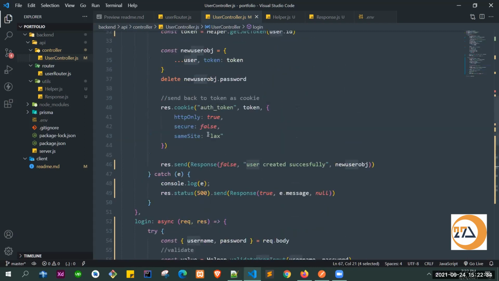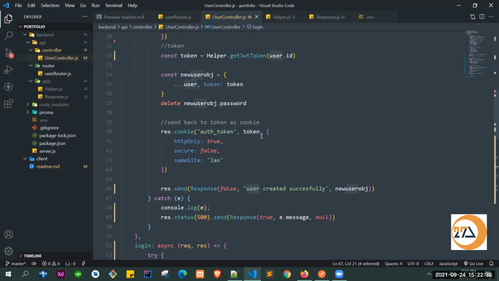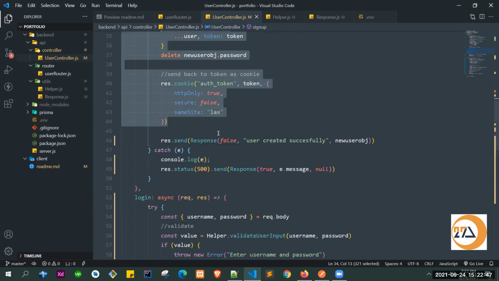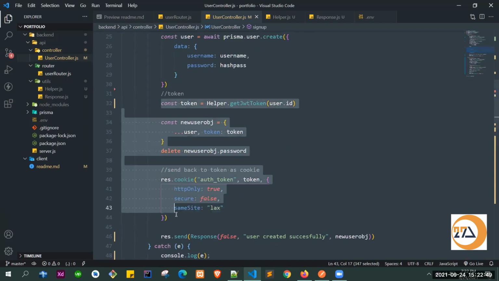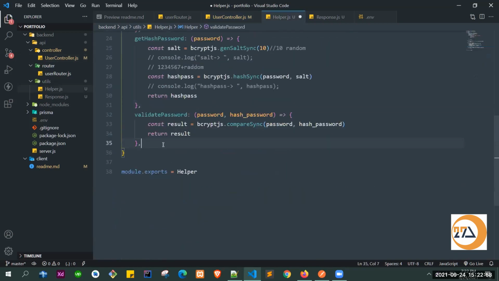This is the same thing actually, so we can do this up to this. And if you want, you can just create another function. Let's do that later. So we can create a function like passTokenToCookie, let's say.